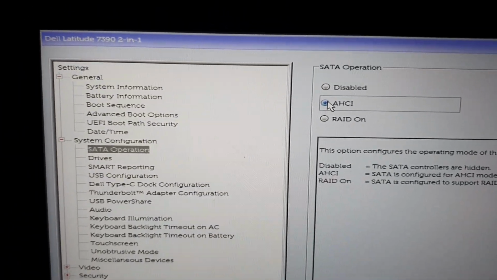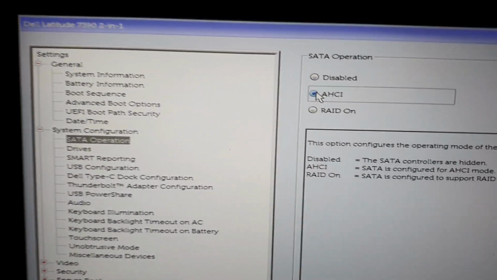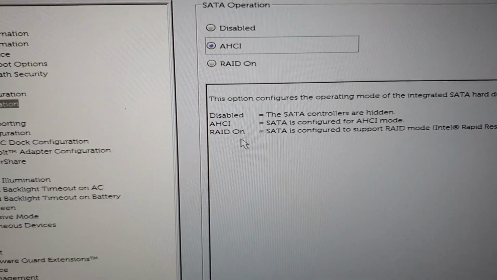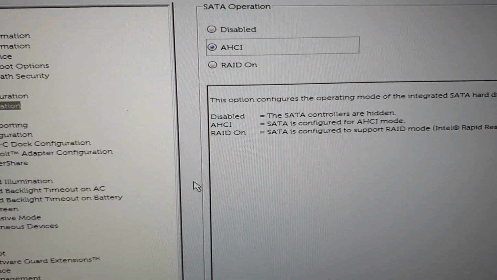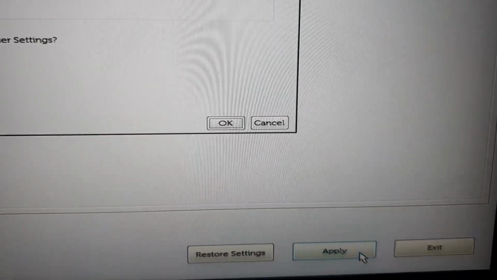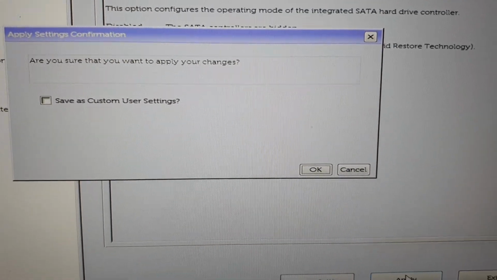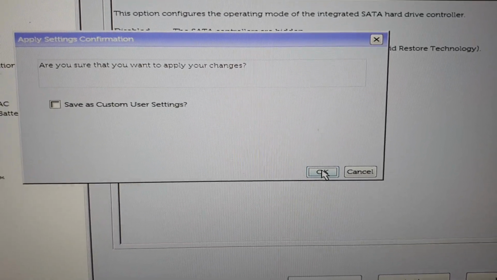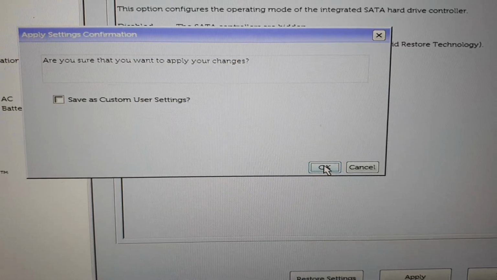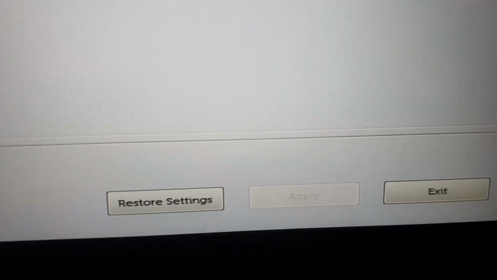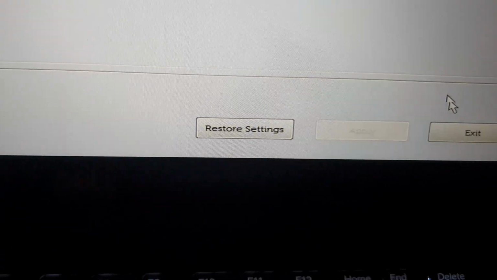Okay, you get here, spam F2, go to BIOS, click AHCI, and then you will most likely get that Windows warning and confirm yes. But what is important, you need to apply. Okay, apply, and you have to click OK. Yes, are you sure you want to apply your changes? Yes. So once you've got AHCI applied, just click exit,